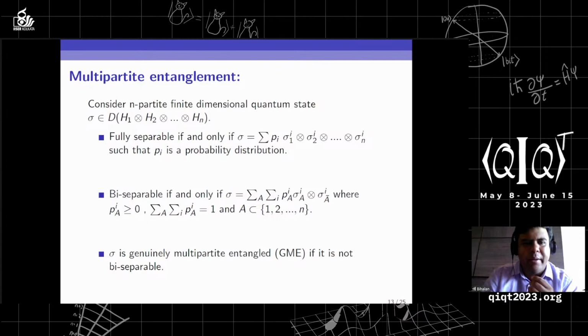I think some of you, at least, or many of you are familiar with multipartite entanglement. So suppose we have an n-partite system and we consider